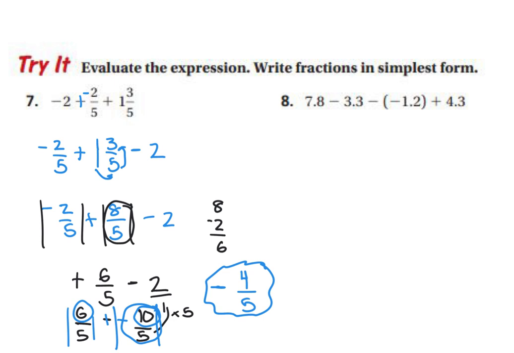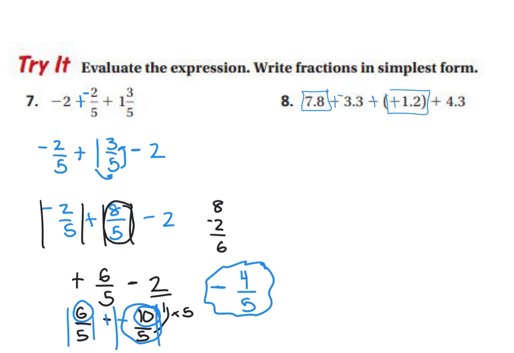And then the last try it for this section is 7.8 minus 3.3, so let's chop slash that, minus negative, so let's chop that, and then plus 4.3. So we can figure out how we want to rearrange this. I think I want to put the 7.8